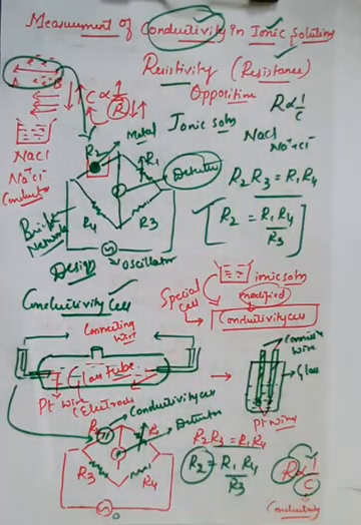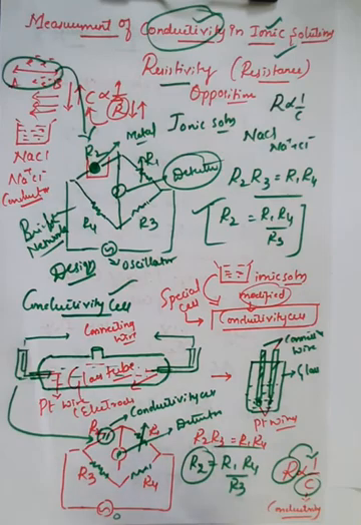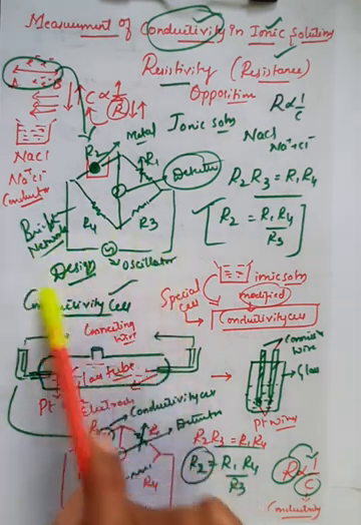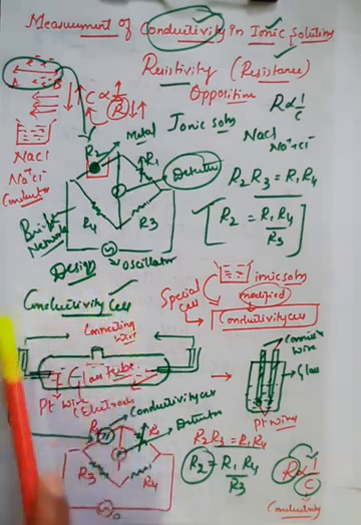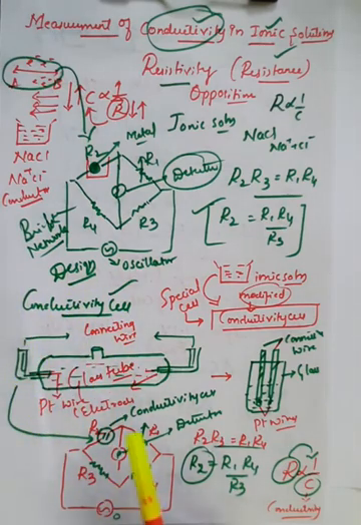Along with that, we have seen one important concept related to the measurement of conductivity of a cell in ionic solutions with the help of a Wheatstone bridge or Wheatstone network, which is generally studied in physics, and that can be utilized here for the calculation of resistance of the electrolytes, which are in the form of ionic solutions. So the important thing is that the design can be modified in the form of a conductivity cell. Further, by fixing this conductivity cell into the Wheatstone bridge, we can calculate the resistance with the help of the formula. And once you calculate the resistivity of the cell, by reciprocating that value you will get the conductivity of the cell, right?